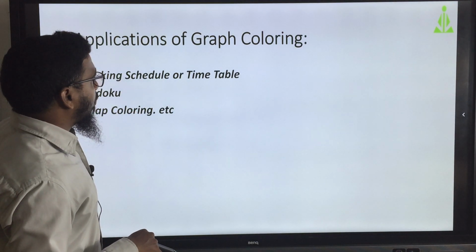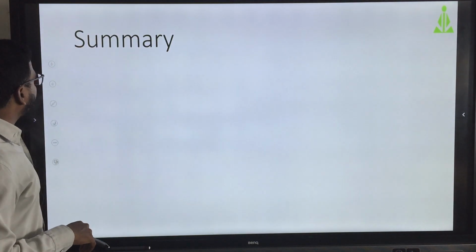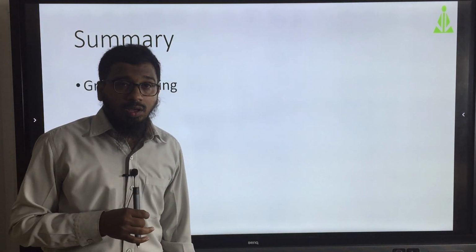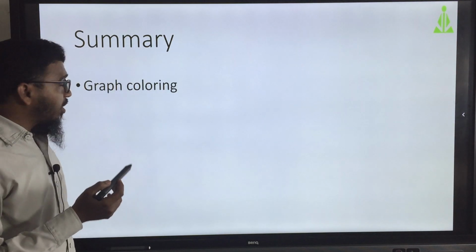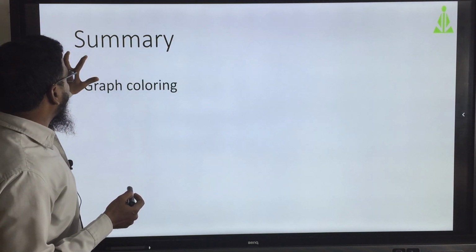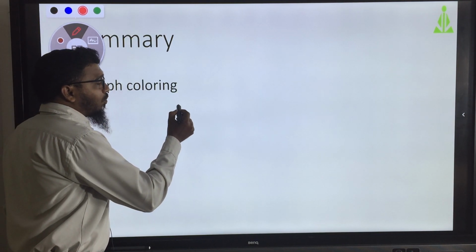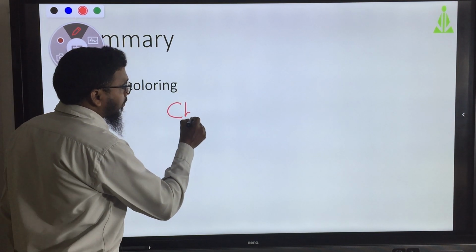Okay, fine. The next one is the summary of graph coloring. So what have we completed in graph coloring? In graph coloring, we saw the chromatic number.